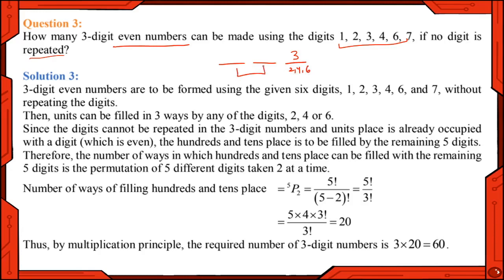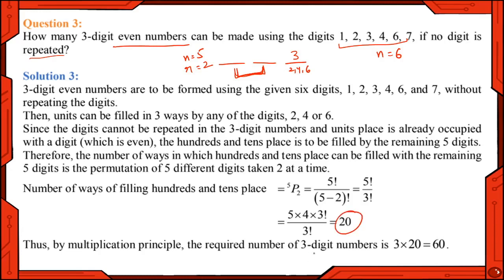So we are left with 2 places that we have to fill, and definitely one number we must have taken here. Total were 6 numbers, so how many are we left with? 5. For filling these 2 places, what is n here? Now n is 5. And how many places do we have to fill? We have to fill 2 places. So the permutations will be 5P2, which is 20, right?